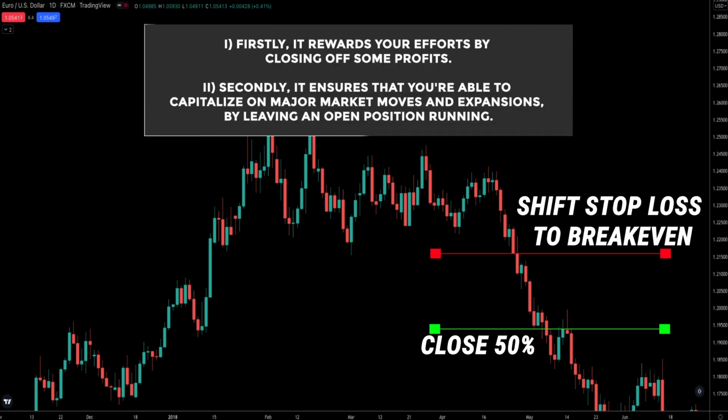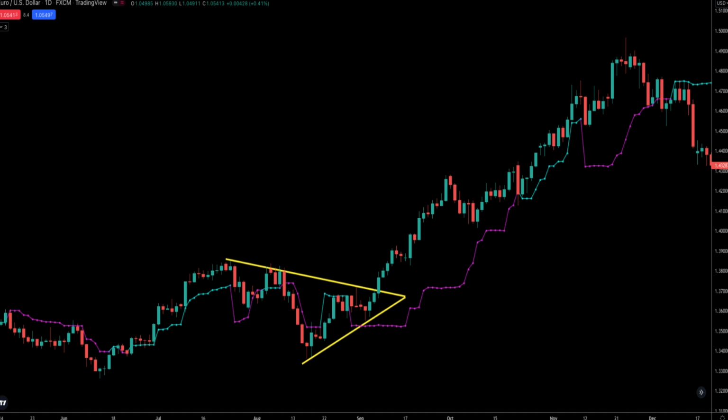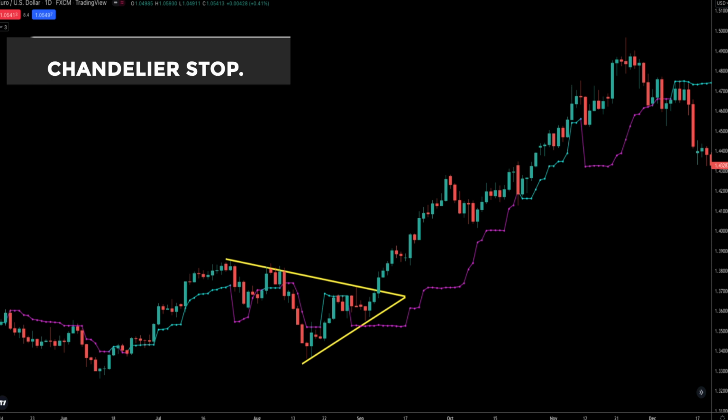Firstly, it rewards your effort by closing off some profits. This helps to soothe the mental strain of holding positions for long periods, since you have already rewarded yourself. Number 2, it ensures that you are able to capitalize on major market moves and expansions by leaving an open position running. So let's move on to the second trade management strategy that involves the use of an indicator called